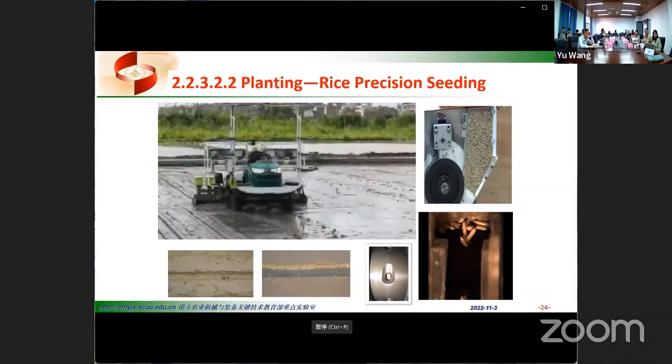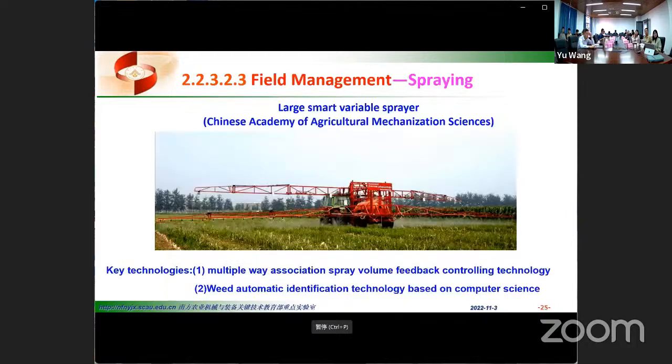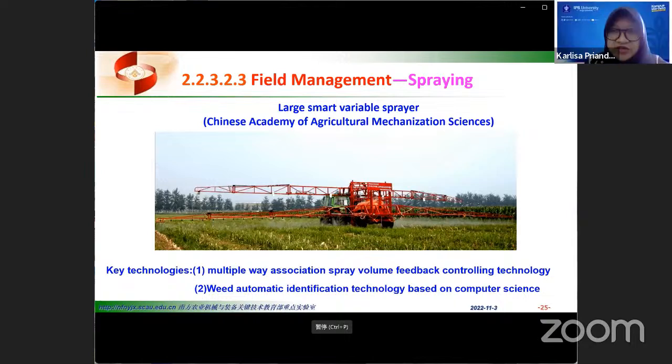The field management includes the management of pesticide, fertilizer, and water. This is a large smart wearable sprayer. Developed by